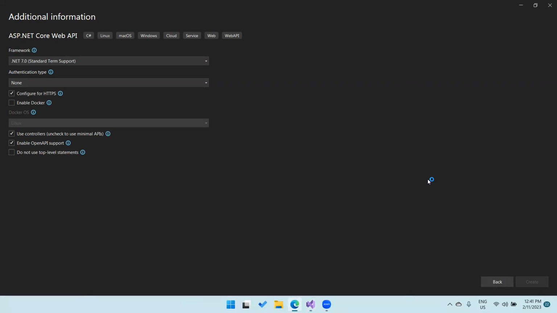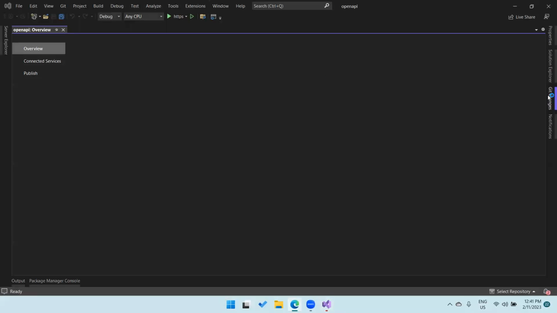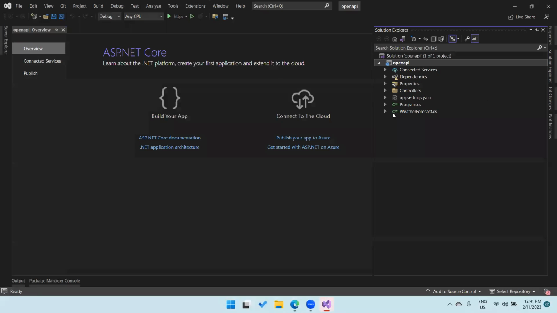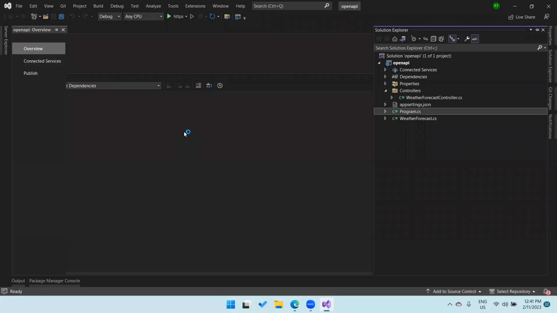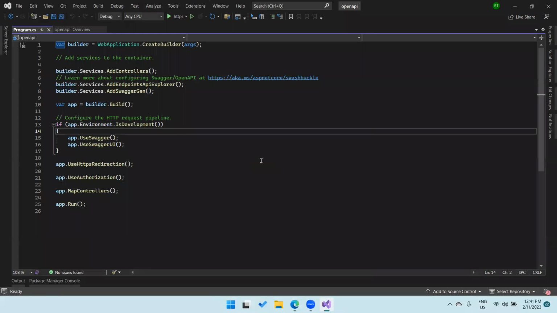And after that, it's coming. So we've got controllers here and we've got the program file here, which is our main file. We've got inbuilt Swagger as well. So for this ChatGPT, what we will have to do is now